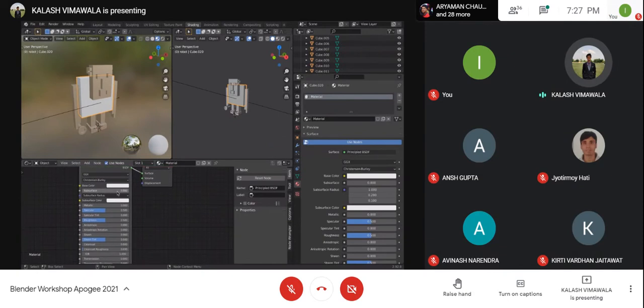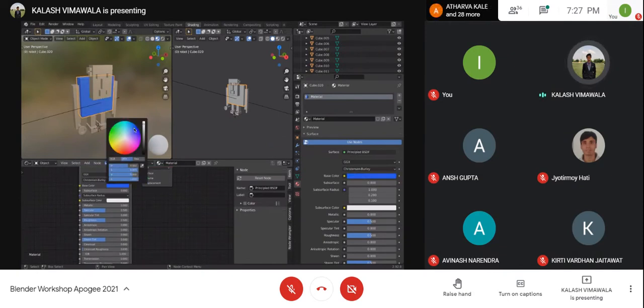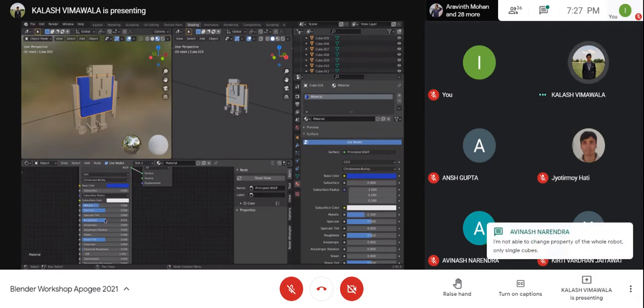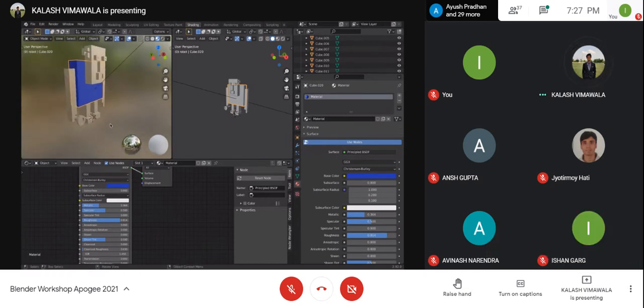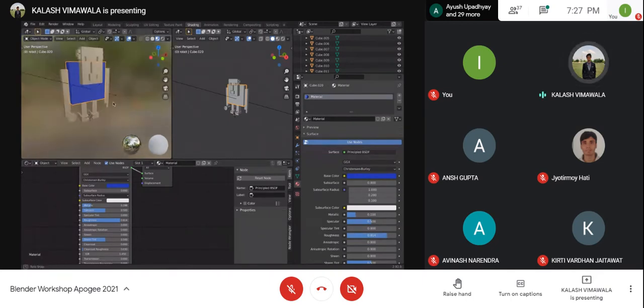I'll click simply on here and select the base color to be around blue that we can see on the main file as well. Blue and a little bit darker. Here we go. And I can give it some metallic properties and more roughness. If you actually observe clothes in real life, it has some sort of shade where it is not really metallic, it's more rough. So this is the color that I've given to the torso.